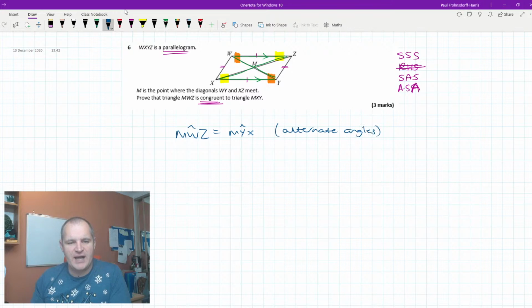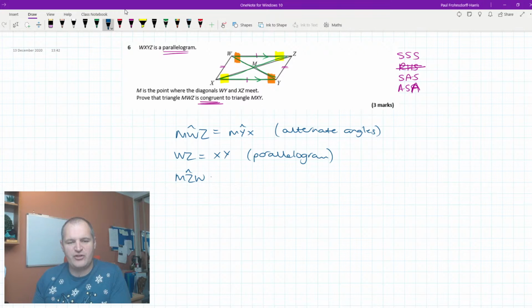We can then say WZ equals XY. That's the length of the sides because it's a parallelogram. Parallelograms have equal length sides. We can then say that